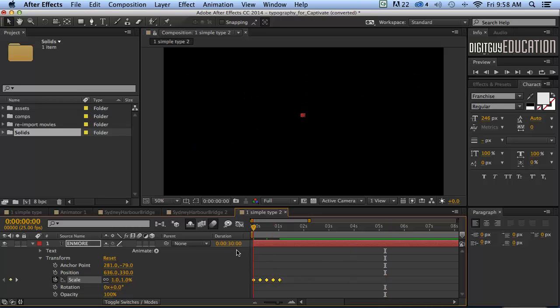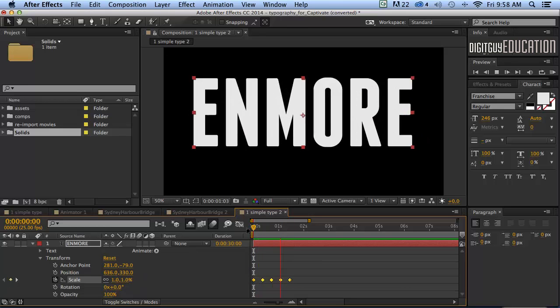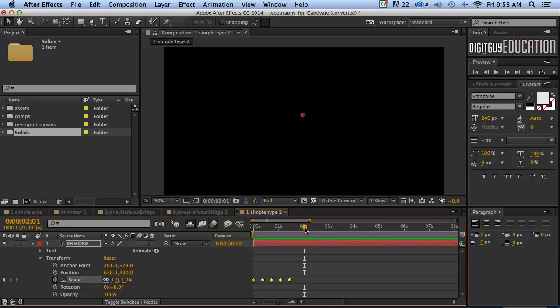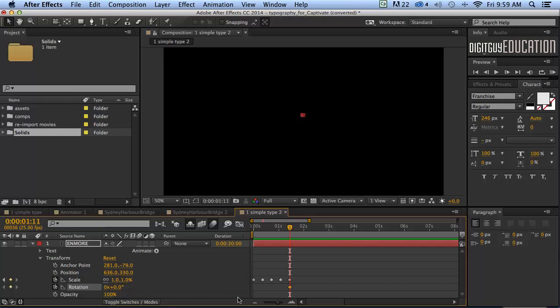That should be quite dramatic. Up it comes. Yeah, very dramatic. Maybe too dramatic, so I'm going to hold the Option key and drag it to the right just a little bit. Like that. Very nice. Okay, that's what I want. Now to get back to this keyframe here, I'm going to press the letter J as the shortcut. Now I want to introduce some rotation. So I'm going to put a rotation keyframe here at that point in time,